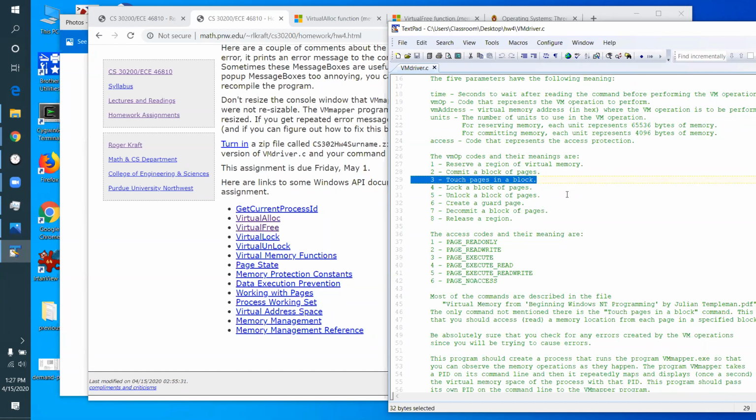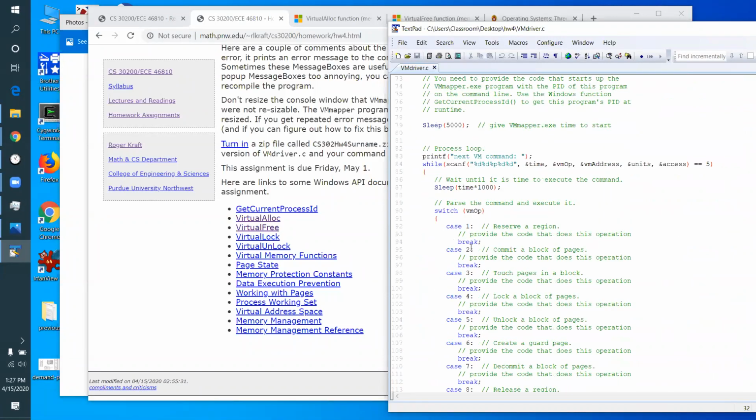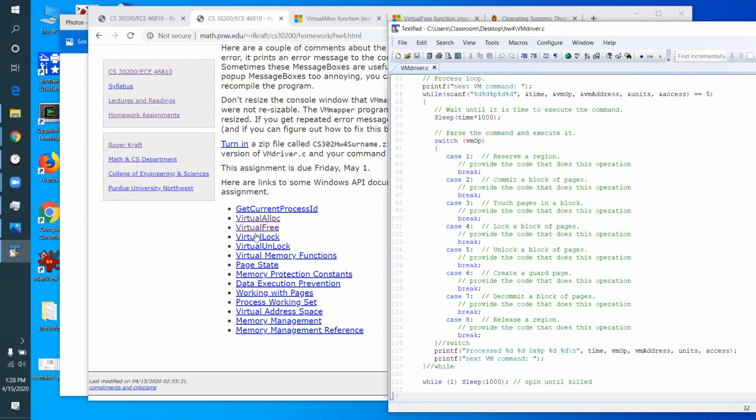You'll touch a page by just referencing a byte in the page, either read the byte or write a byte. So you don't need a function to touch a page. You can do it yourself. You just dereference an address in the middle of the page. Okay. All right. So you'll implement each of these guys with a function call to one of these functions,